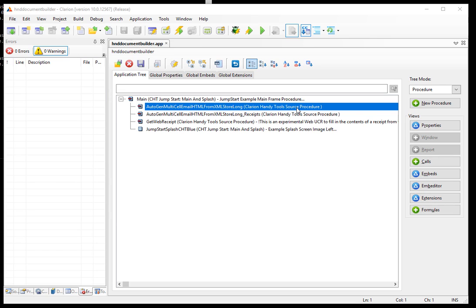I've got something like that already working, which I'm going to probably deal with in the next couple of videos, or at least one: how we produce a receipt for you using this technique and using Handy Document Builder to give you an HTML based receipt, but the data isn't coming off my machine, it's coming off of our server, that sort of thing. So I'm trying to get you to use the embed point concept in a template, in this case an XML template with embed points, into which you would put text, into which you would put snippets of HTML